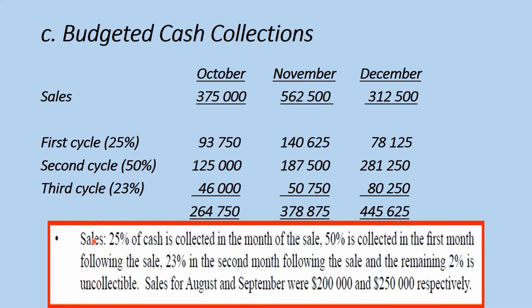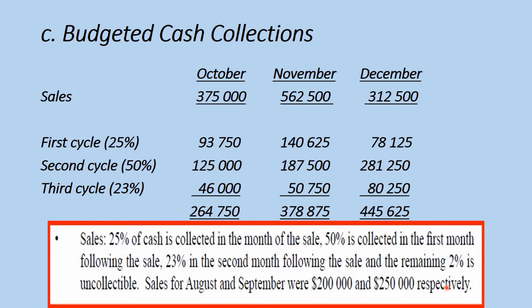For the sales, this is how we are to make the budget. 25% of cash is collected in the month of the sale, 50% is collected in the first month following the sale, and 23% in the second month following the sale, and the remaining 2% is uncollectible. Okay, so you are not going to collect 2%. Sales for August and September were 200,000 and